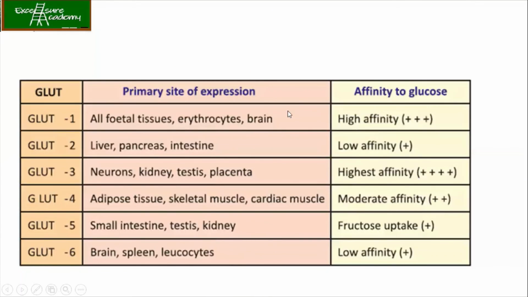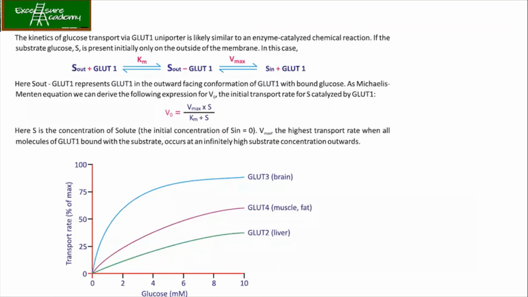And these are the other GLUT where you can find the primary site of expression, and it also talks about the affinity to glucose. जितना ज़्यादा high रहेगा उतना ज़्यादा plus दिए रखा है, ठीक है? Okay, this is okay if you can't remember, but try to understand this graph which is important. So इसमें हमें क्या देखने को मिला है, that GLUT3 has got the maximum velocity, okay, at a given glucose concentration. Okay, that's all for today, guys. Any further doubts